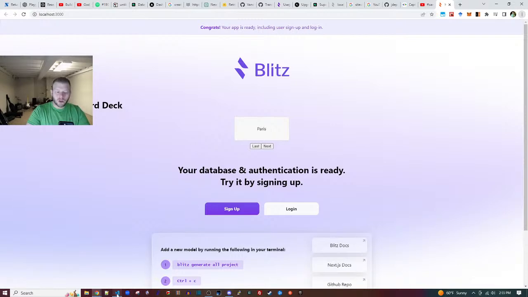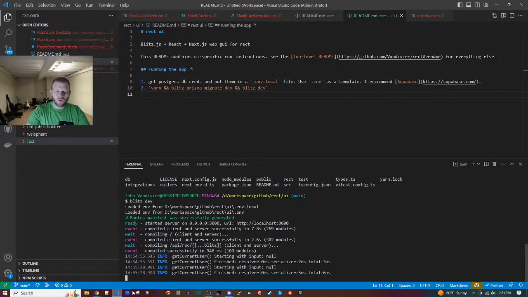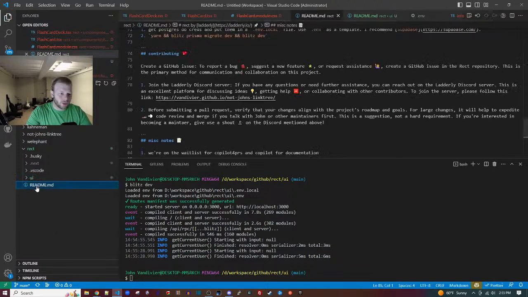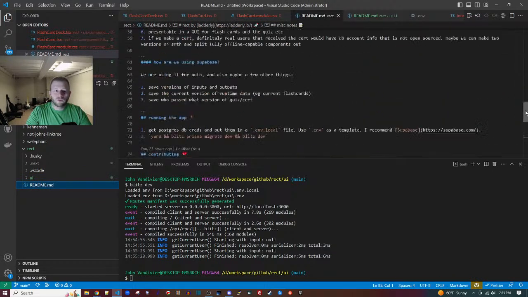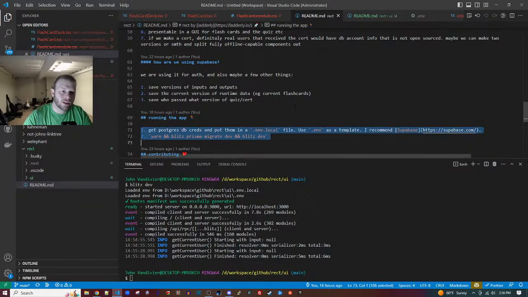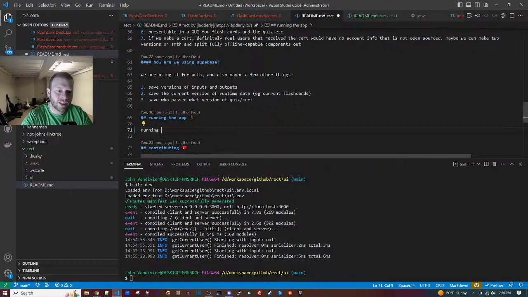Okay, so we verified that after moving into this UI folder, the GUI still works. Here is running the app. Running each component subfolder of this top project root.